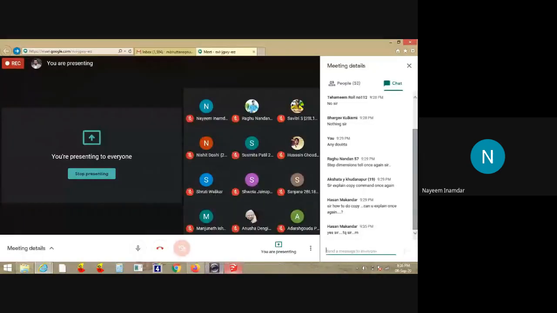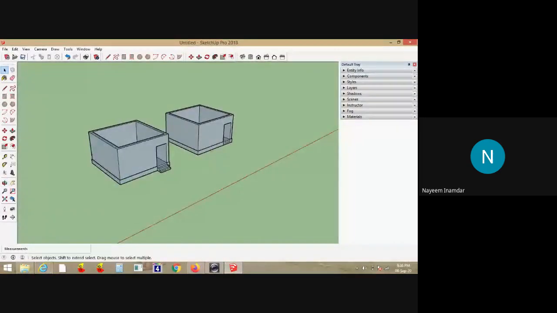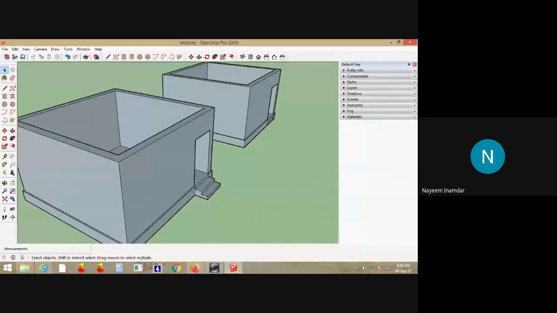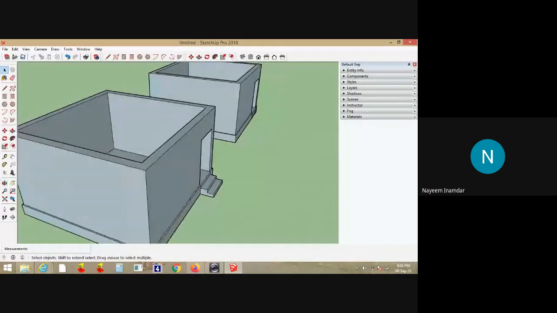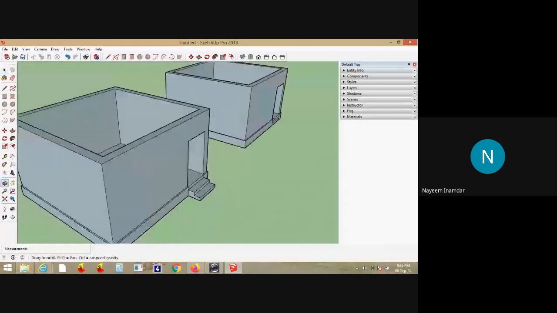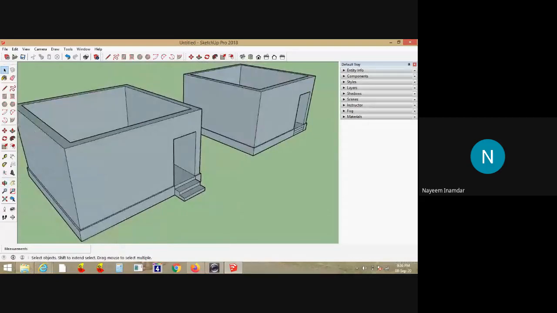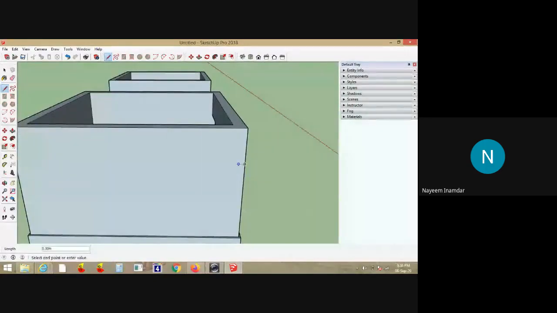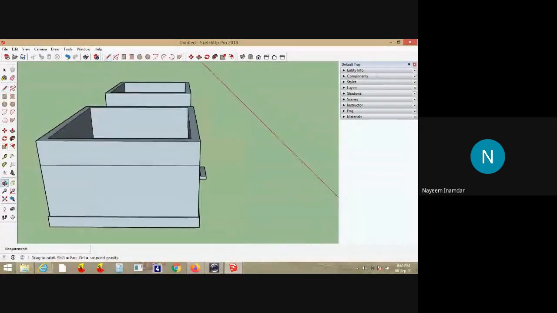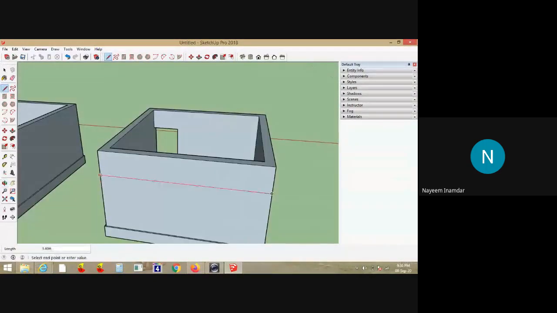Now I left the windows here. How to make windows? Suppose in plan there were windows on this wall and this wall. What I'll do, all around the building, I'll fix the lintel level. I know what the lintel level is. Lintel level will usually be at 2.1 meter for usual residential buildings. I'll fix this lintel level.